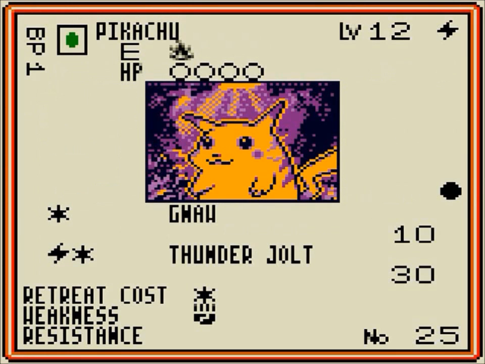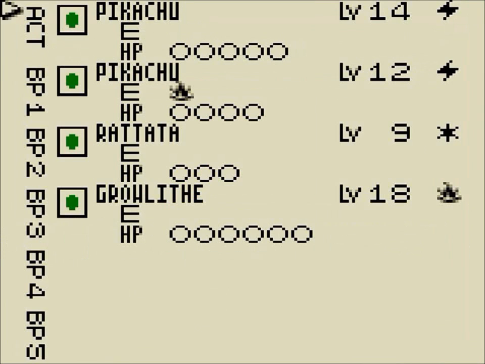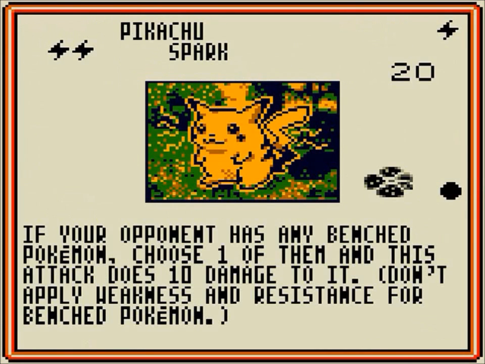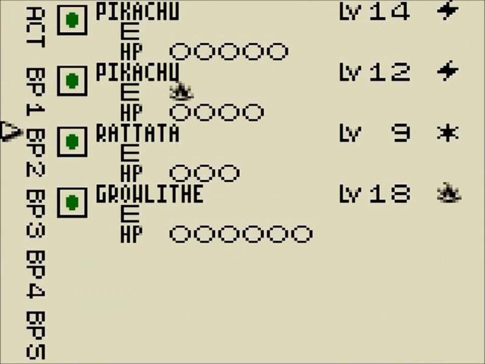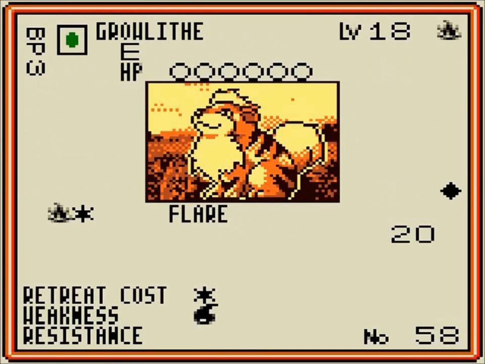This Pikachu is the same one I've got. It does 30 damage for 2 energy, but it does 10 to itself if you get Tails, which kind of sucks. This one takes 2 lightning energy, so it's much more specific, but it can also do 10 damage to the bench, which is quite good. Well, one of their bench. We've seen Rattata last time, 20 damage for any energy, but only 30 HP, it's kind of annoying. And Growlithe takes 2 energy to start, but it's got a lot of HP and